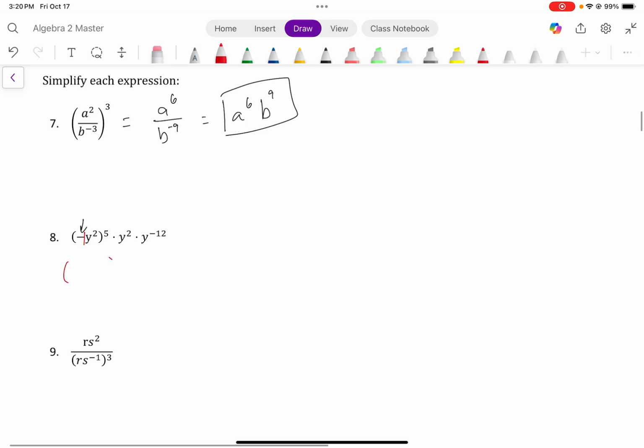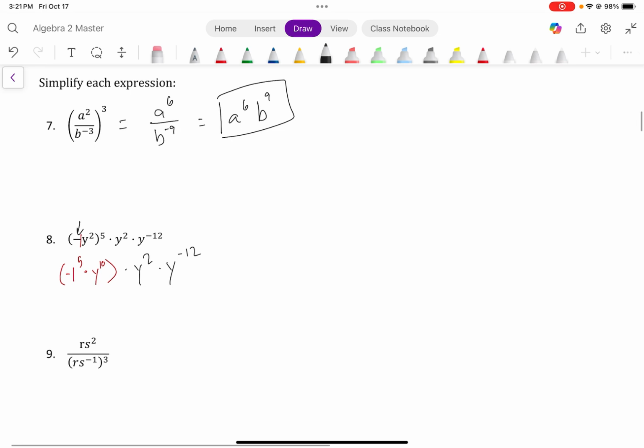So this first set of parentheses is actually like negative 1 to the 5th times y to the 10th, where I get y squared to the 5th. 2 times 5 is 10. Then I still have times y squared times y to the negative 12th, if I just did that first set of parentheses. Now, negative 1 to the 5th, I can quickly identify if that's negative 1 or positive 1 by saying, well, it's an odd exponent, so I'm going to go back to negative. But if it had been a negative 2 to the 5th, that requires a little bit more thinking and evaluating of the number. But here, I'm going to be able to say this is negative 1 y to the 10th